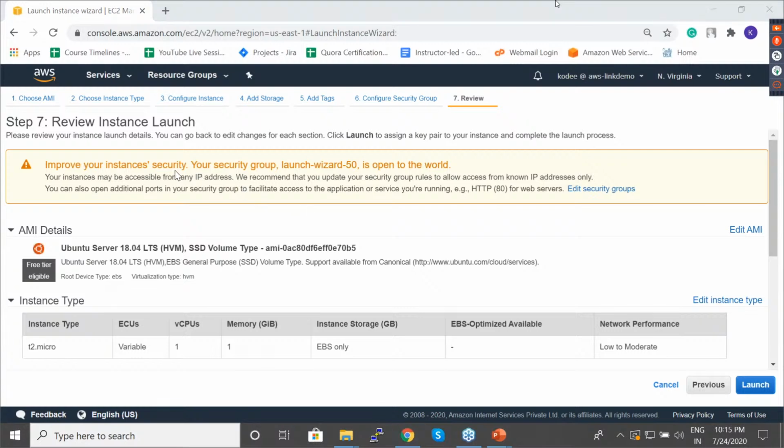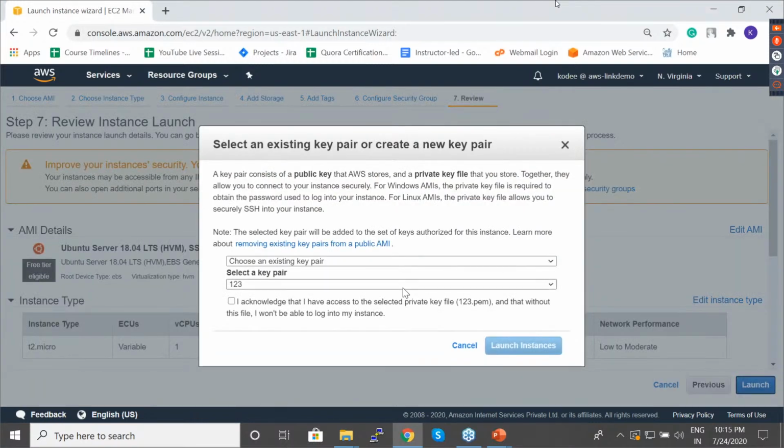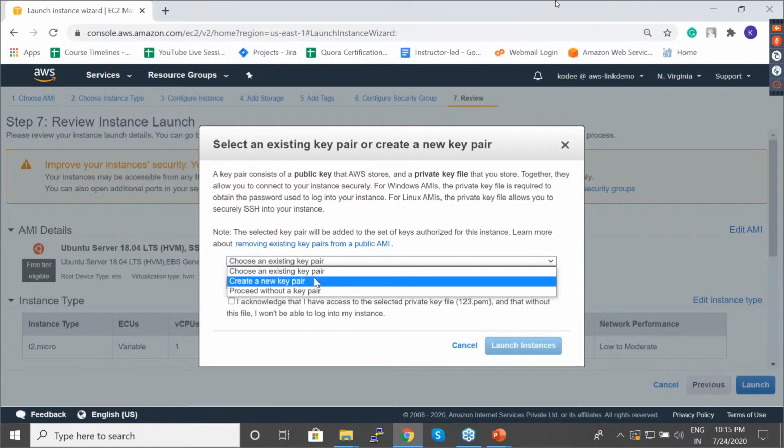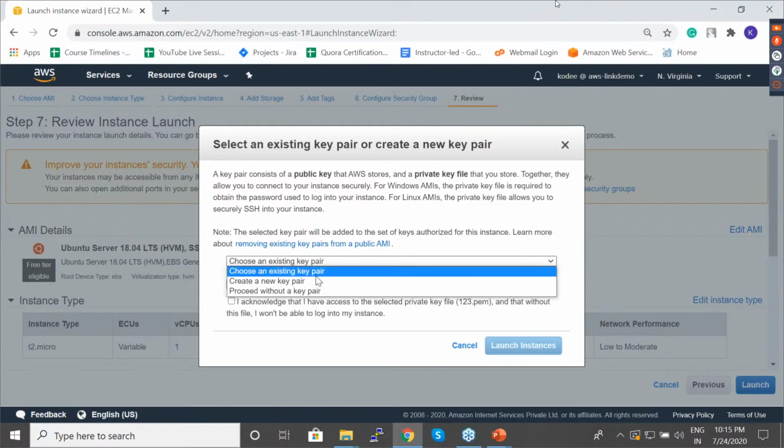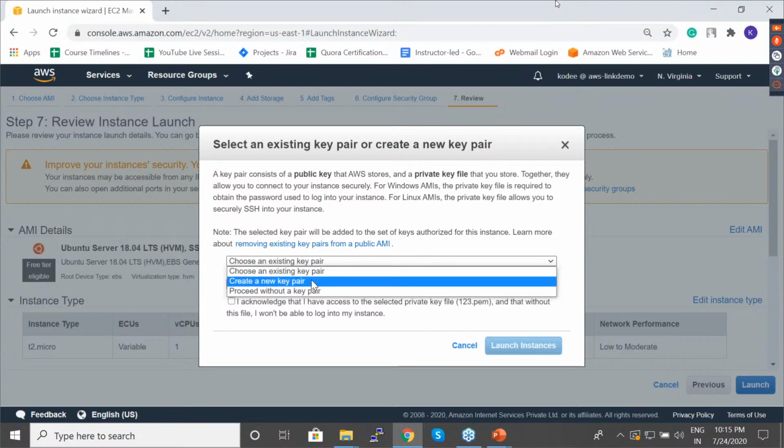Can you show that process again about key pair? Yes, I can show you. If I click launch right now, the instance will get launched. Okay, so basically, you can see here, create a new key pair and choose an existing key pair. Right now I've already created a new key pair.